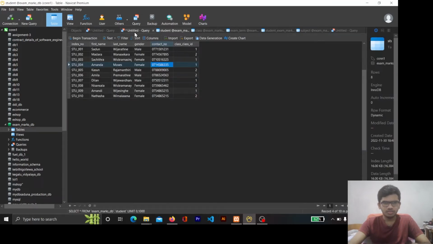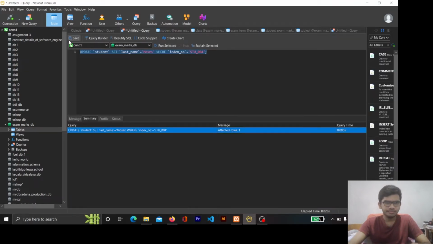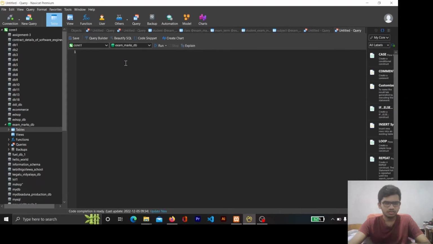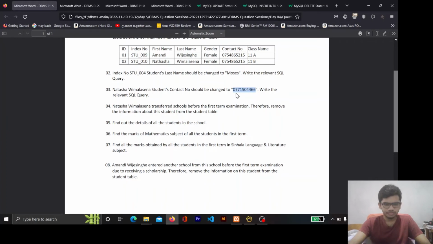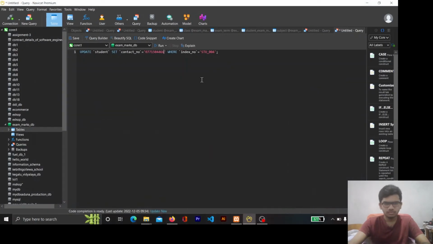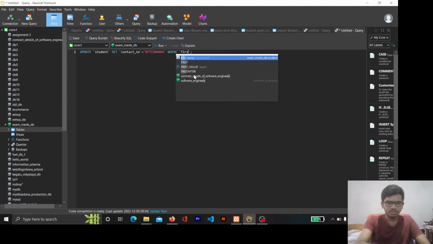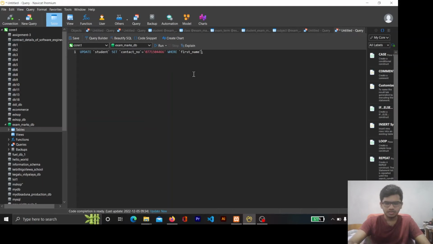I will copy the same query: update student set contact number to this, where, not the index number, we have to search by the first and last names. So first name should be